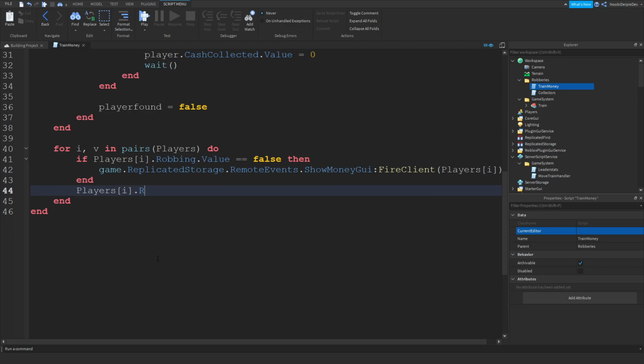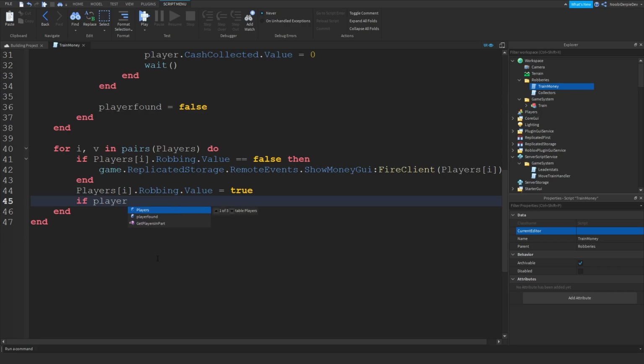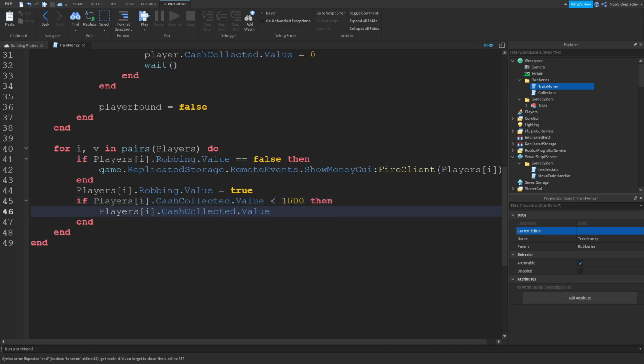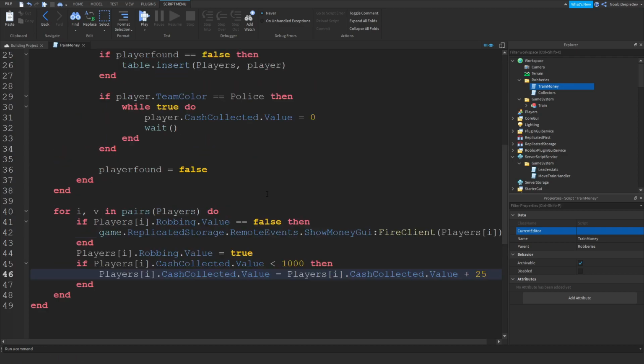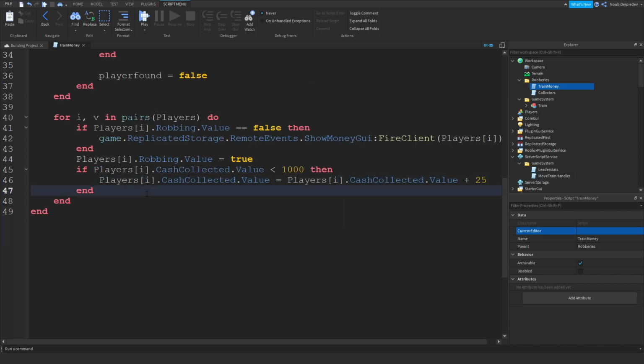Players i dot robbing dot value is equals to true. If players i dot cash collected dot value, I'm gonna just copy and paste this real quick, is below 1,000 because we're gonna set a maximum of 1,000. Then players i cash collected dot value is equals to players i cash collected dot value plus 25. We're gonna give you 25 every second. And then we're gonna skip the ends and then return